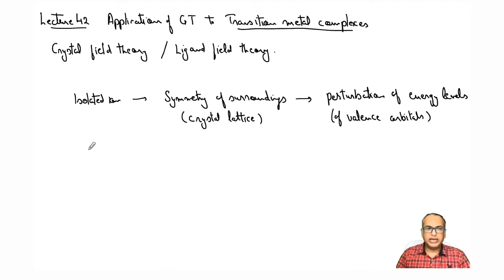So what basically happens? Here we are discussing transition metal complexes. How are they characterized? Or we can say transition metal ions, because we're talking about ions. Let's not form the complex yet. So transition metal ions